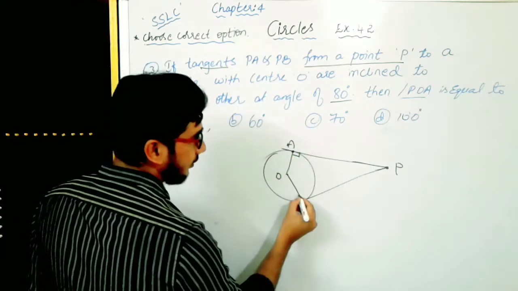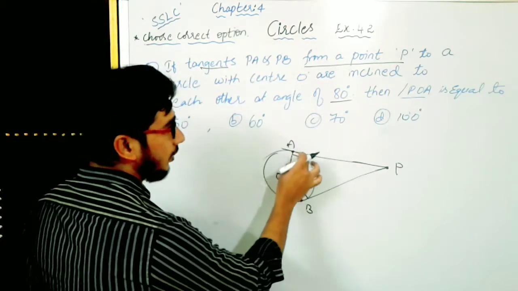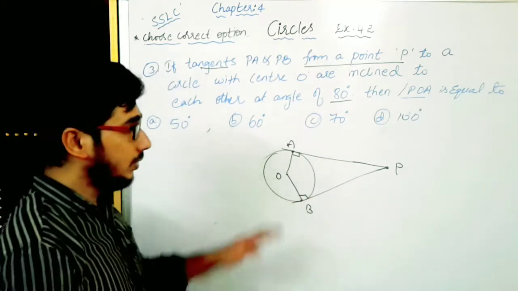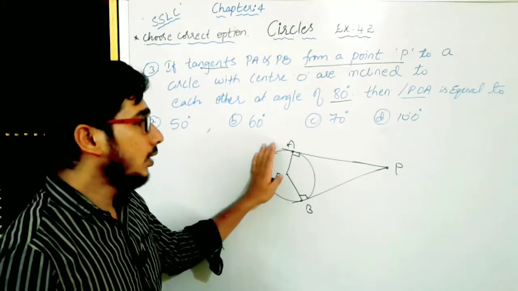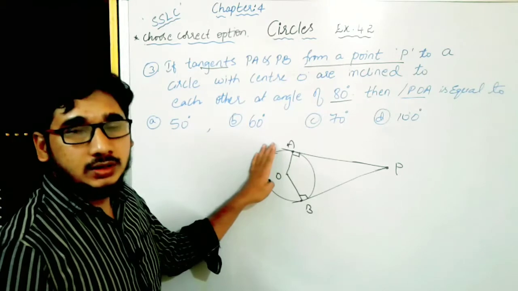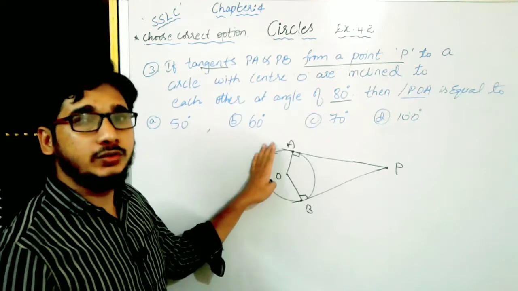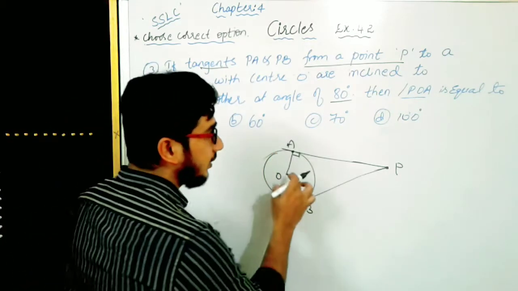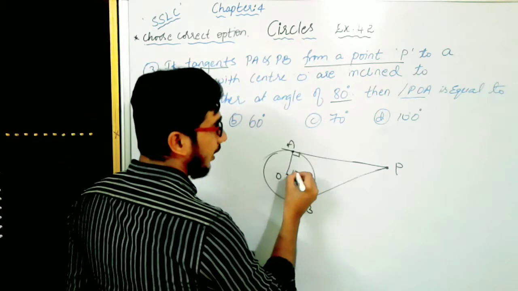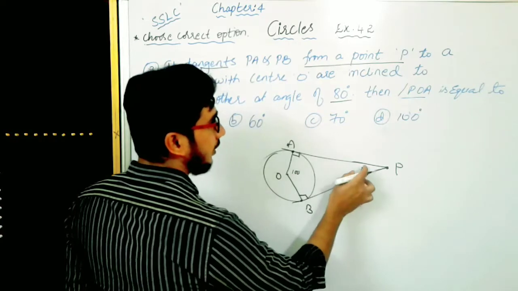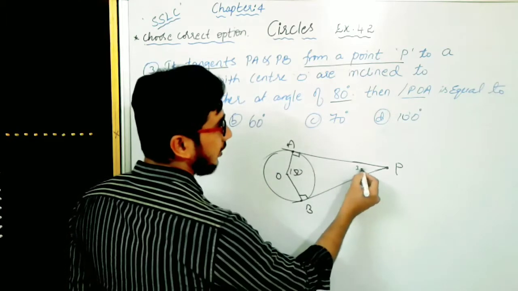You know that this is 90 degrees, this is 90 degrees. Should not forget. See, in this, this is a quadrilateral. If you forget about the circle and see this figure, you will get to know that this is a quadrilateral. So the sum of all the angles of the quadrilateral is 360. If you add 90 plus 90, that is 180. Remove this 180 from 360, you will get 180. The sum of these two angles must be 180. If this is 100, this should be 80. If this is 150, this should be 30, like this.